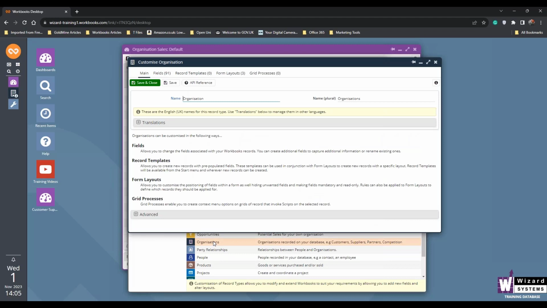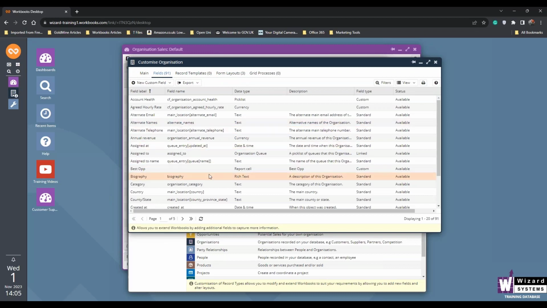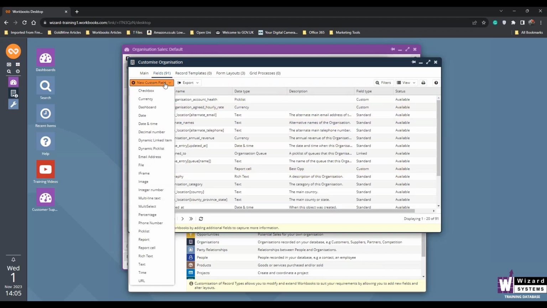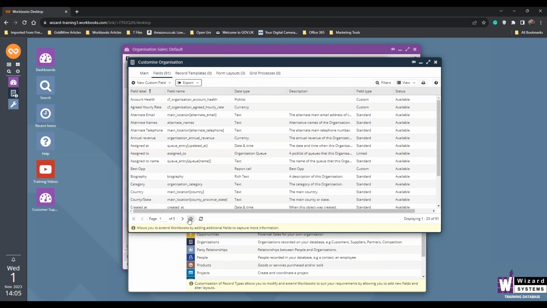Now, if you've been here before and had a look at fields and record types and layouts, you may be forgiven for thinking that we're going to add a tab using the form layout. However, this is where Workbooks gets clever. And it's a field we're going to add. And the field is a dashboard. So if I go and show you